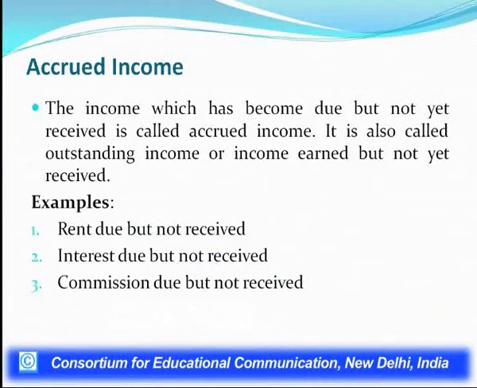Then the next adjustment is accrued income. Similar to outstanding expenses, there may be outstanding income, that is income due but not received. So this income due but not received is called accrued income. Accrued income is the income which has become due in the current year but has not been received. So according to the matching concept, income belonging to the current year needs an adjustment. A few examples are: rent due but not received, interest due but not received, commission due but not received,